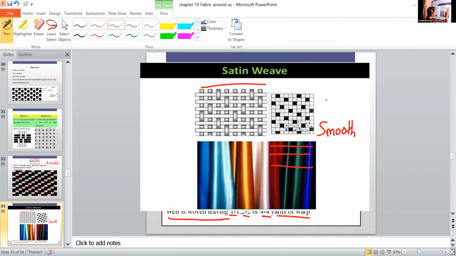There are lots of blank spaces, right? Due to this, they are less durable, or they are relatively weak. They are less durable and relatively weak because of this interlacing pattern. Here the interlacing is limited, or the weft yarns leave some warp yarns.